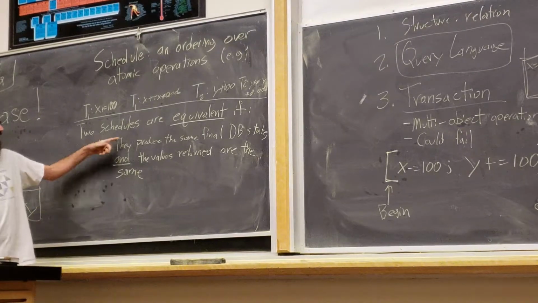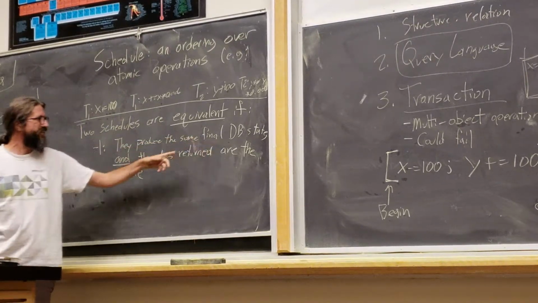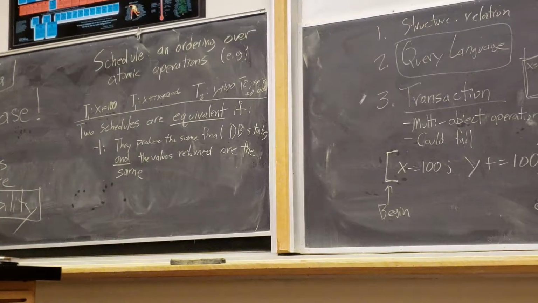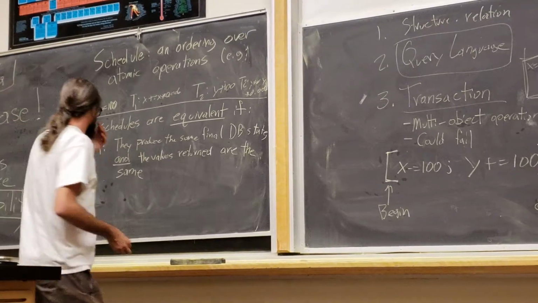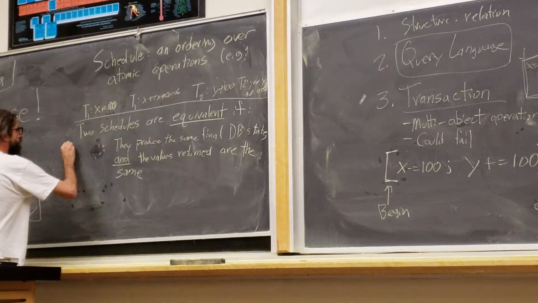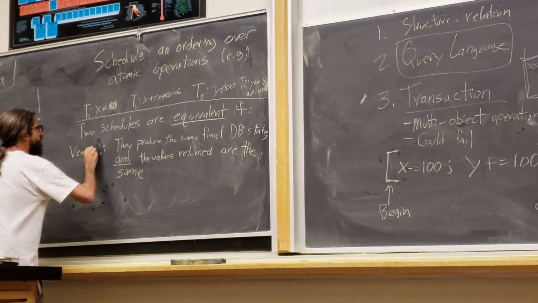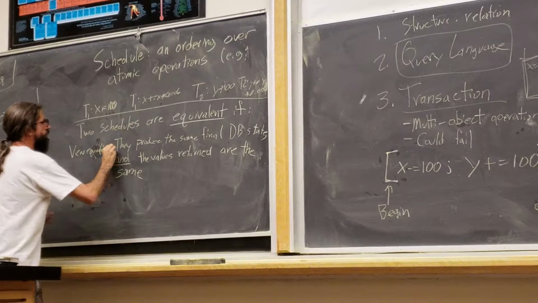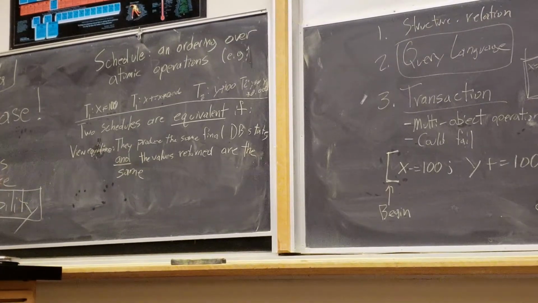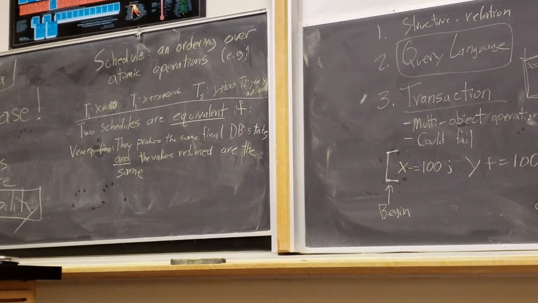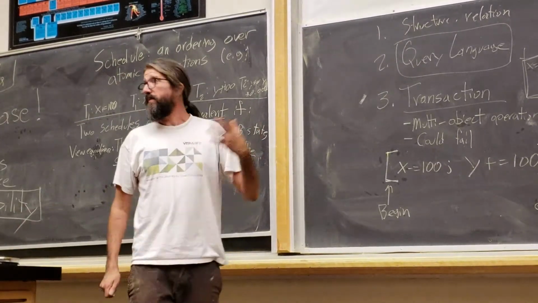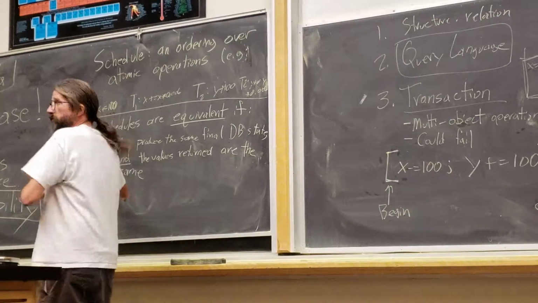If two schedules are different, but they produce the same database state and they return the same values, if the tree fell in the forest, we wouldn't be able to tell the difference between the two schedules from the outside. So that seems like a very good definition of equivalence. This is called view equivalence. Now the problem with view equivalence is that in a database, we would want to determine if schedules were equivalent at runtime to decide which schedules to allow to proceed. And this problem, unfortunately, is NP-hard. And sometimes the set of operations is big, so it's like NP-hard with a big N. So we don't do this in practice.